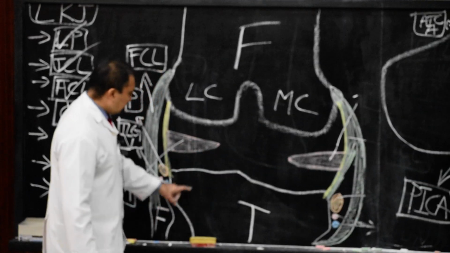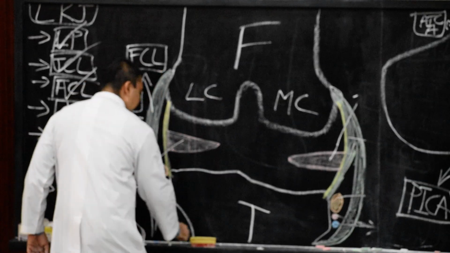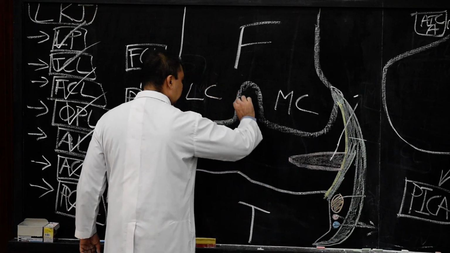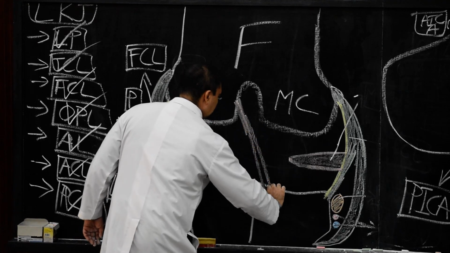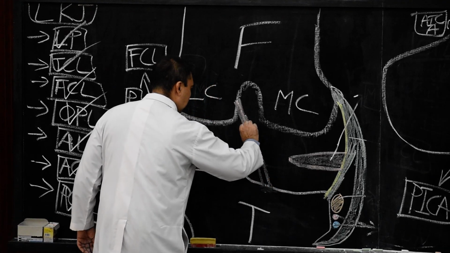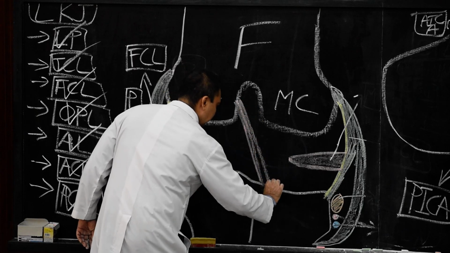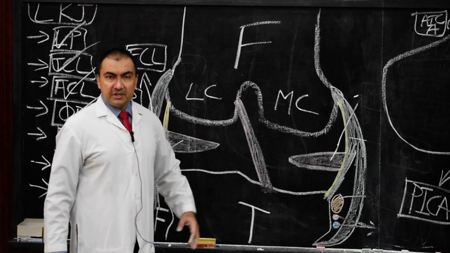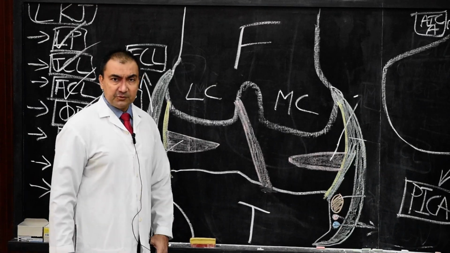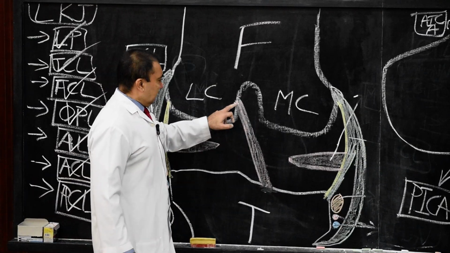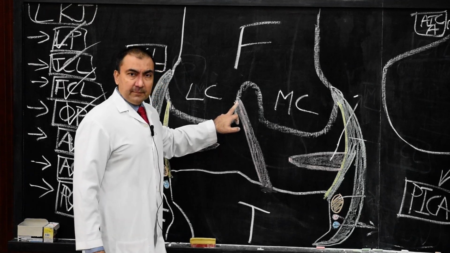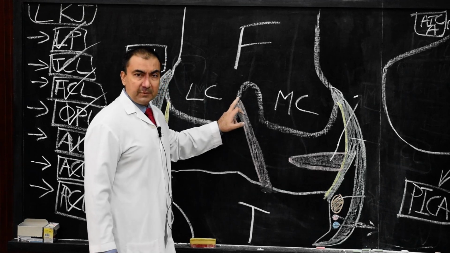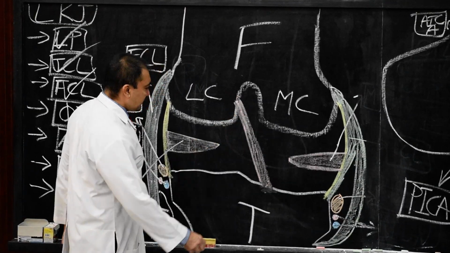Medial surface, and here this is the lateral condyle. So the anterior cruciate ligament will be attached here on the medial surface of lateral condyle of femur, and this is how it will be attached. So therefore, the upper attachment of anterior cruciate ligament will be on the medial surface of lateral condyle of femur, posteriorly. What about the posterior cruciate ligament?